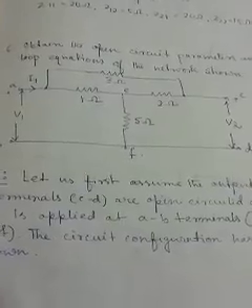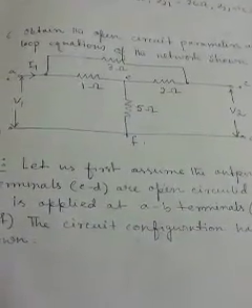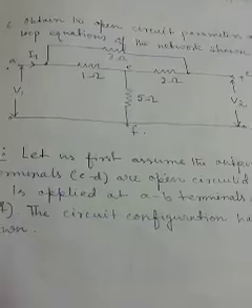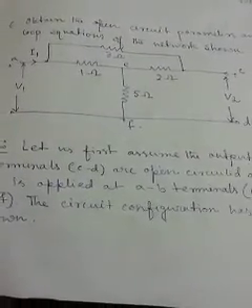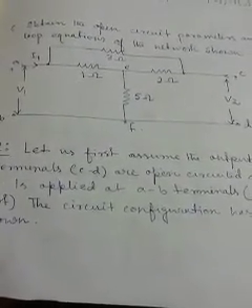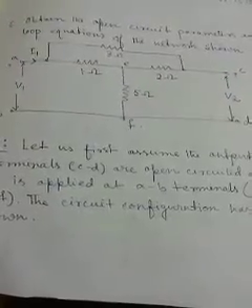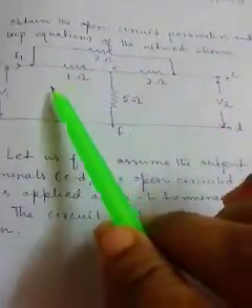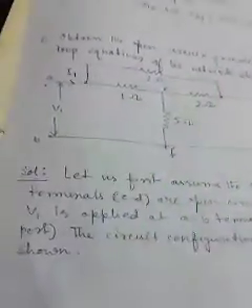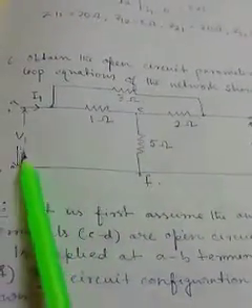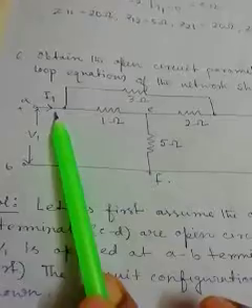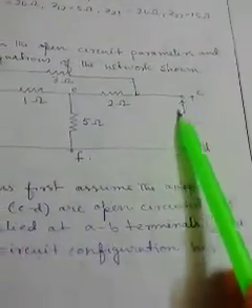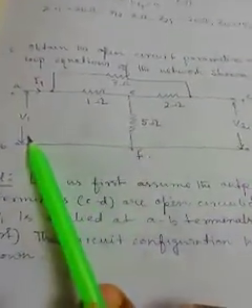The sixth problem is based on a section which looks like a bridged T section. The bridged T section is also important for your exam purpose. It is also a common circuit configuration, for which again we try to observe whether it is possible to find the Z parameters from this connection or not. Observing the circuit, here also V1 is given, I1 starts to flow from here, V2 is present here. At a time we consider one port while keeping another port open, or vice versa.